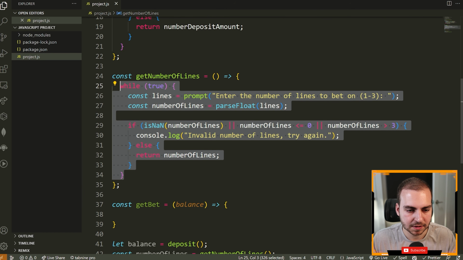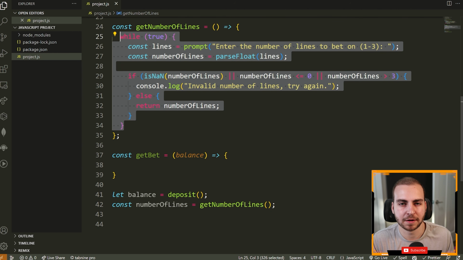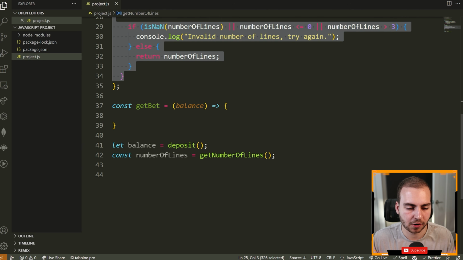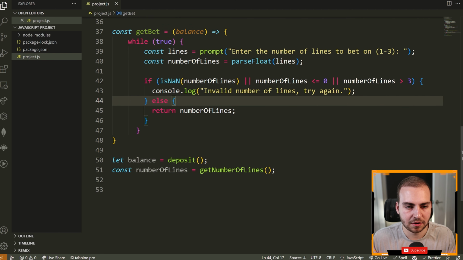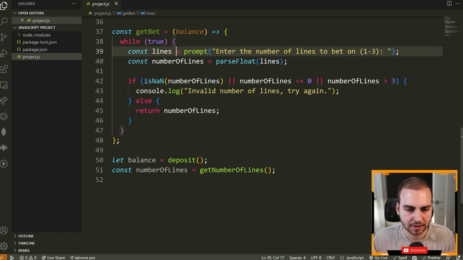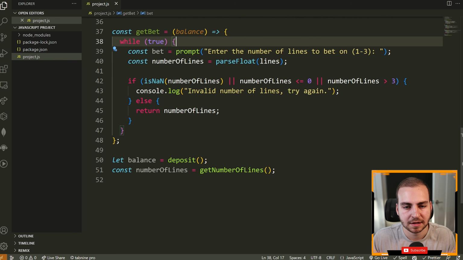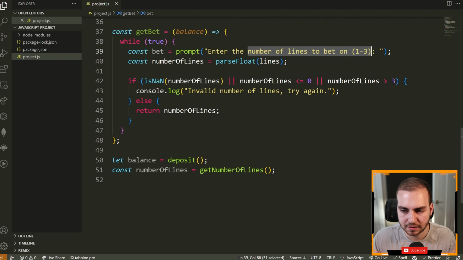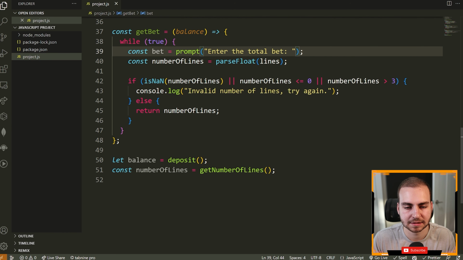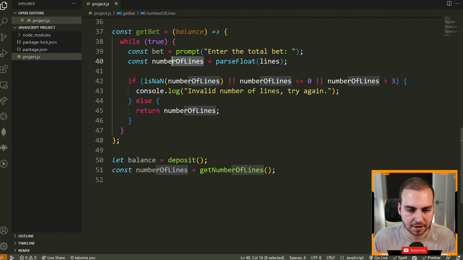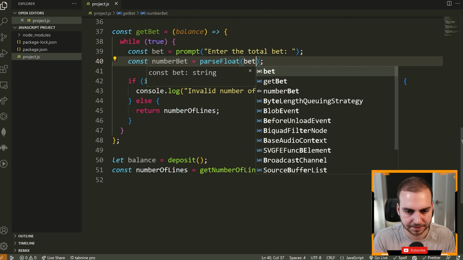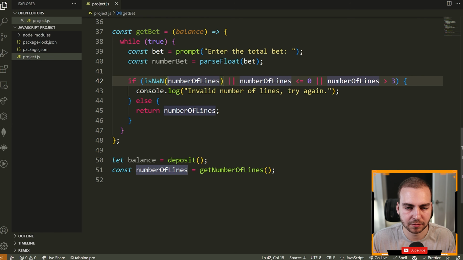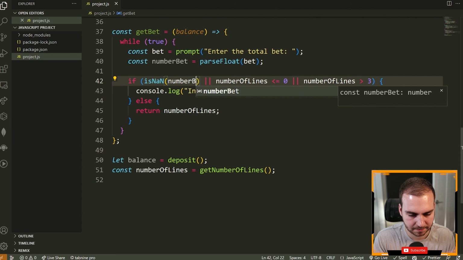I'm going to copy this code. Really, we could probably write a function that reworks this, but for our case, it's fine to just copy it and adjust it. So I'm going to have, again, while true. Now this time, I'm going to have const bet is equal to enter the total bet, like that. We're going to have number bet just because I'm converting it. Now here, we're going to put bet. And then again, we just need to change a few of these things. So we're going to say number bet,